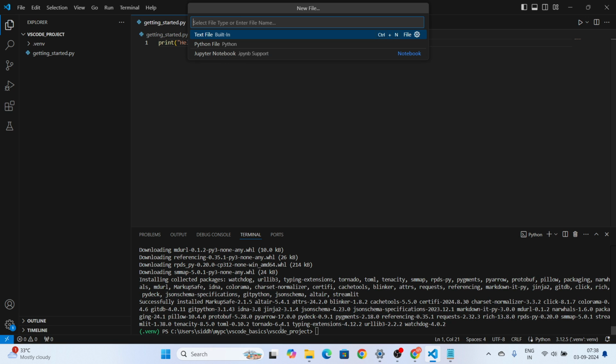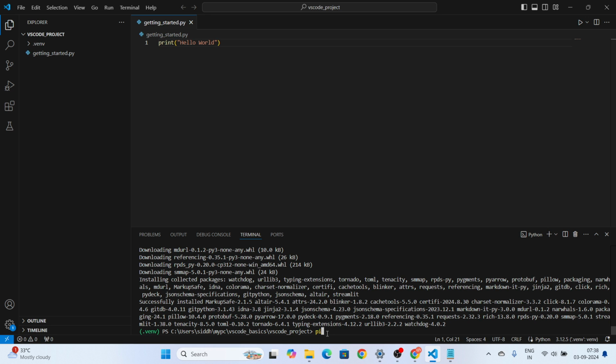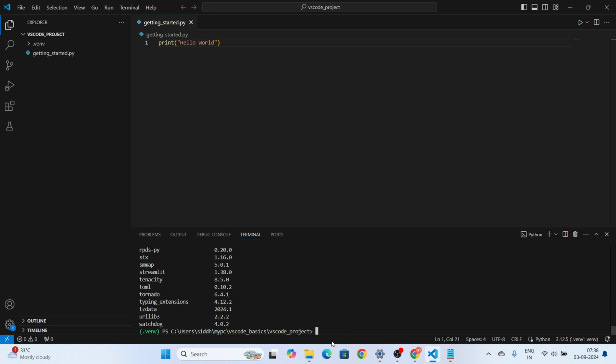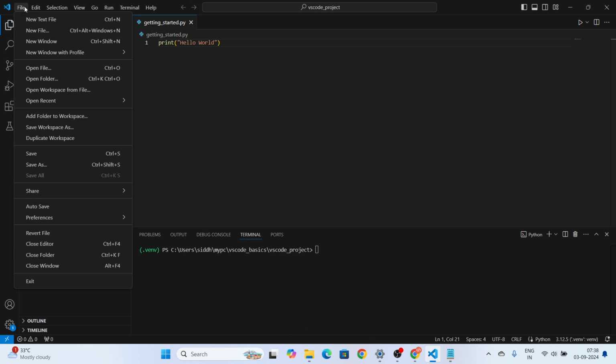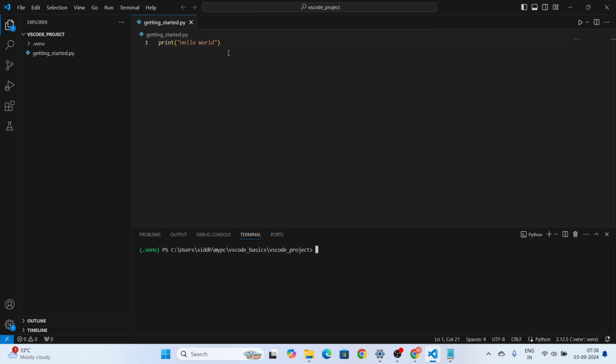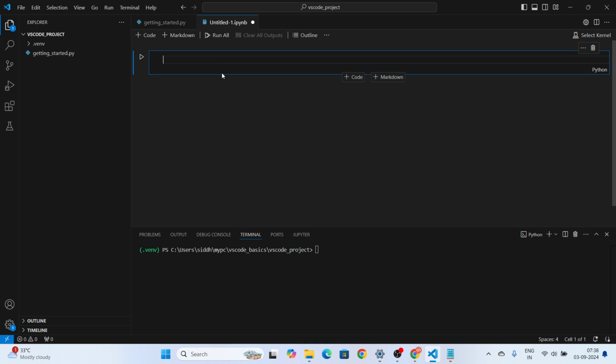Here you can see our library has been installed, and then you can do a pip list. This will list all the libraries that we have. It has Streamlit and other dependent libraries for Streamlit. I can clear this as well. Now I'll click on this file and new file, Jupyter notebook. So in this Jupyter notebook,